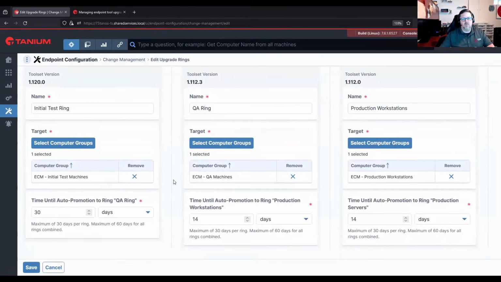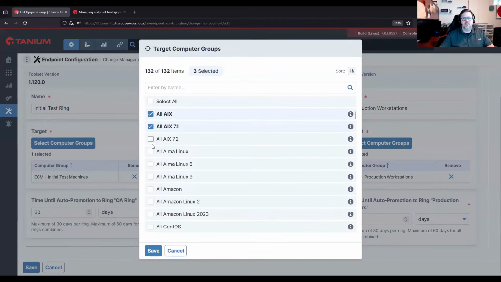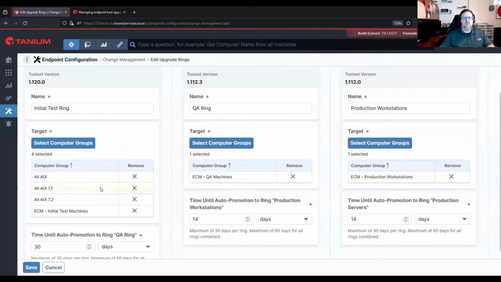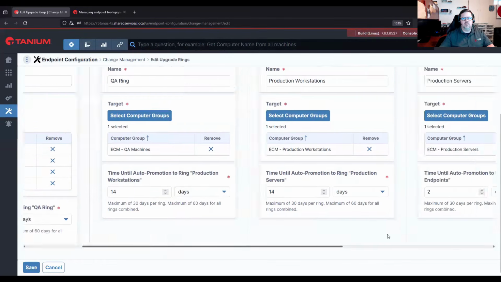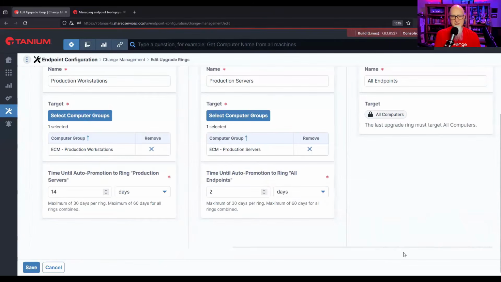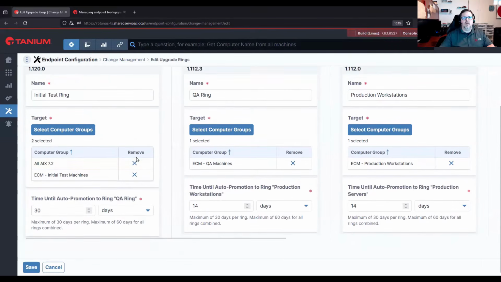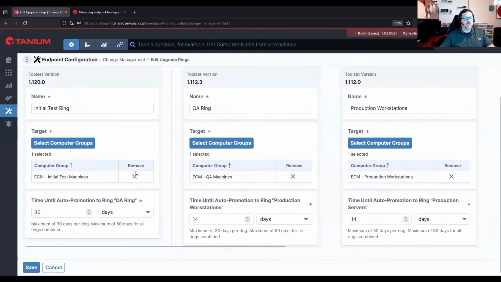They just have to fit within your rings, but you can have multiples assigned to a particular ring. It's easy to do. The only caveat for computer groups is the end ring will be all computers and you can't change it. That makes sense, because we can't hold up progress. Right. Now, we do have a new feature on the horizon, which